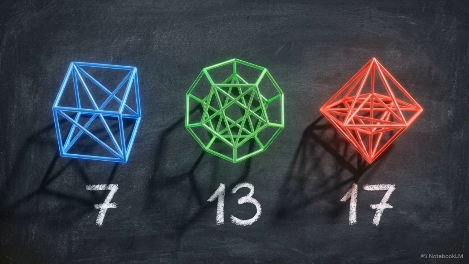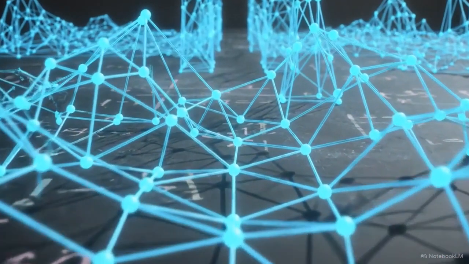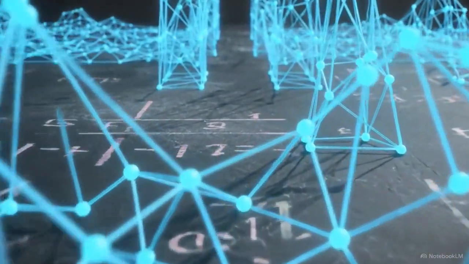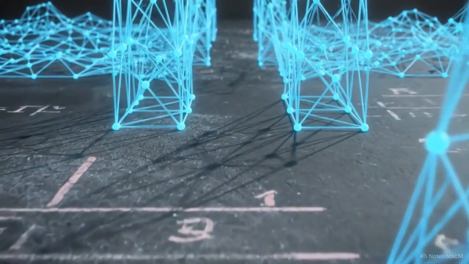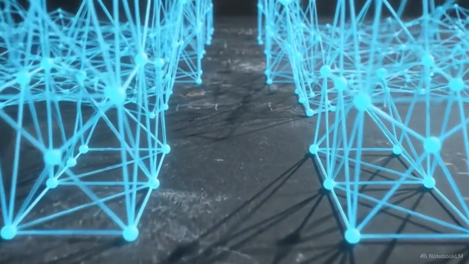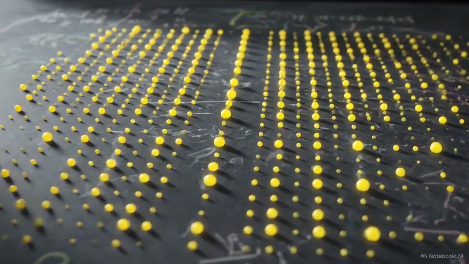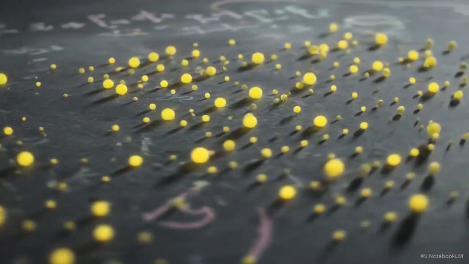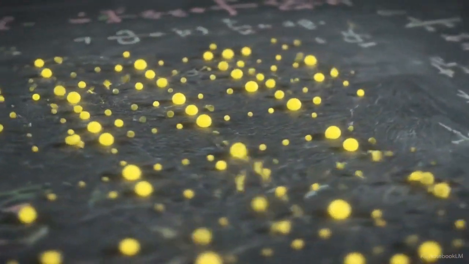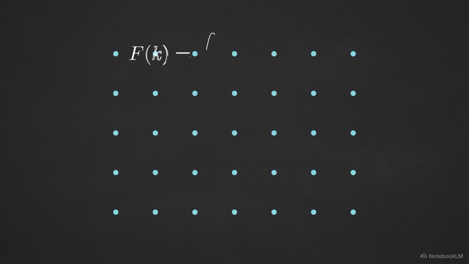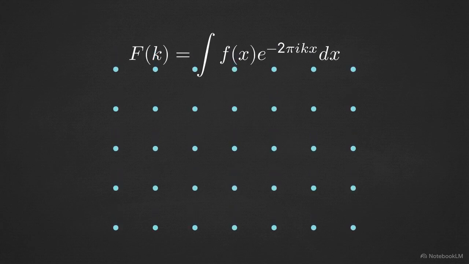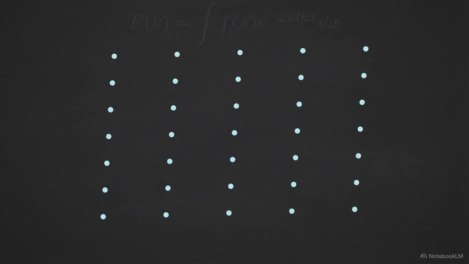Because the mapping is deterministic, every unique integer n results in a completely unique lattice geometry. The abstract target number is now a physical terrain. We solve the problem by navigating this continuous space rather than performing millions of individual divisions. To model the way waves interact with this terrain, we must translate the physical lattice into reciprocal space. This transition uses a Fourier transform to map the distances between nodes into their spatial frequency equivalents. The physical Bragg planes are replaced by a frequency matrix representing potential periodic structures.